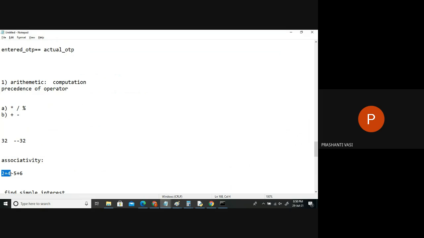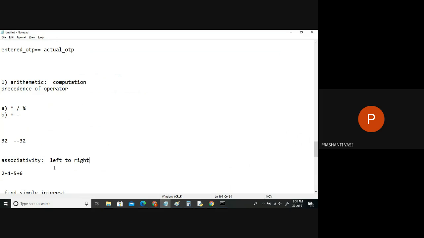Actually, the answer is the same. But the computer will process the instruction in an order. So, should I go from left to right or should I go from right to left? This concept of evaluation is called associativity. When you look at the computer, anything we evaluate is generally going from left to right. Most of the operators will go from right to left. Otherwise we'll get wrong answers. Everybody should follow some standard rules.